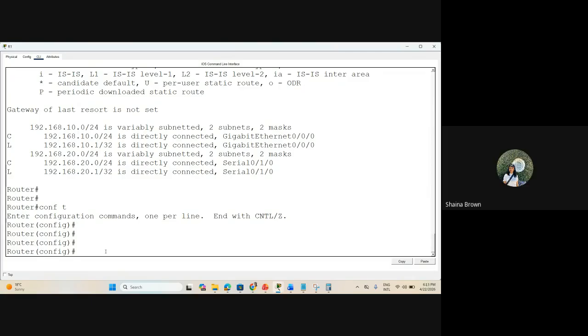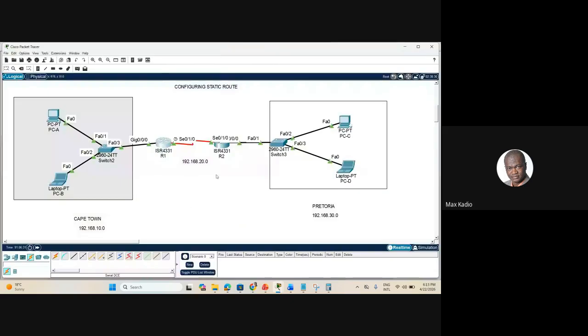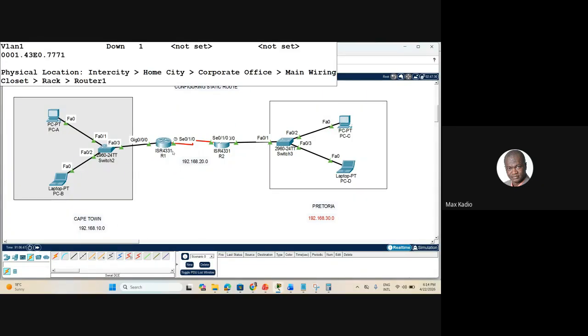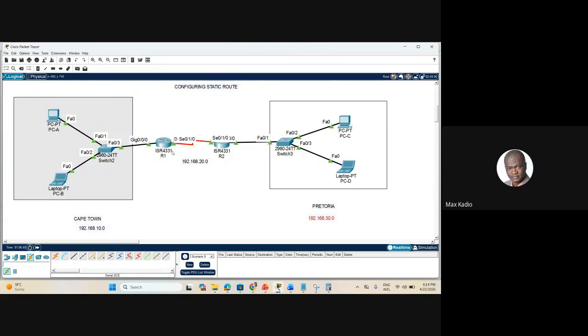Yes, but is it possible to link just one PC in one network to another network? I don't understand. We're taking the whole network, including all the PCs there. But is it possible to only link PCC to the Cape Town network? Yes, we can, but